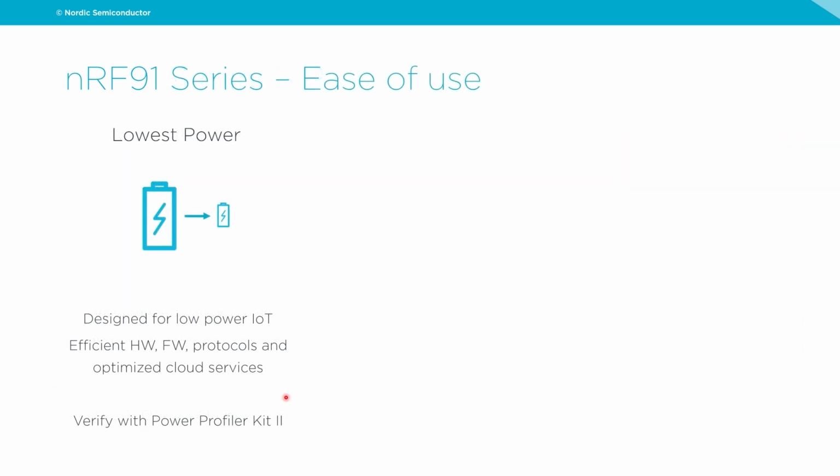We're starting to wrap up the webinar, so let's summarize the top benefits of the nRF91 series devices. The lowest power. They've been designed with lowest power in mind. That has been in Nordic's DNA for many years, for decades. What this means is that it's not just about the floor currents. It's not just about that.